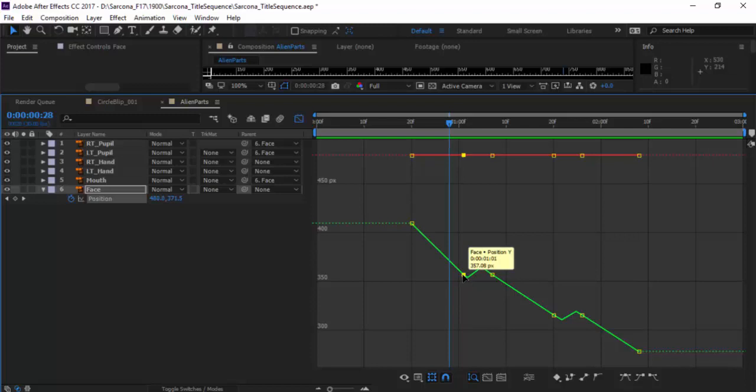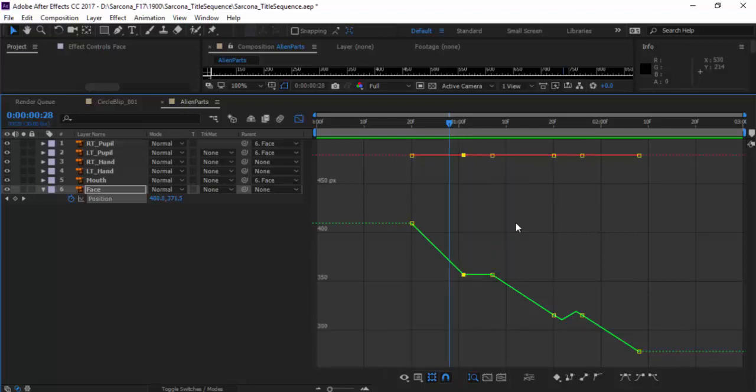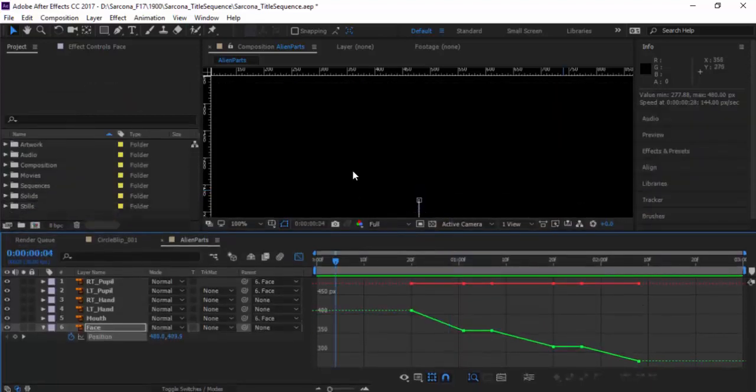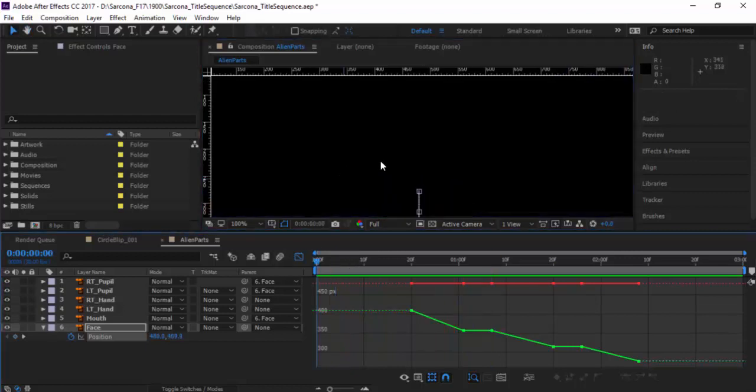So what I can do is a couple things. I can click on this, right click and say toggle hold keyframe. And what that's going to do is basically go to that keyframe and then hold that keyframe until the end. The other thing I can do is try to use my pen tools and stuff and maybe manipulate this and tweak it to get it. The easiest thing to do is just do that hold keyframe. Okay? So now, if I scroll that back down. There we go. So now you can see he comes up, he stops for a second, he comes up and